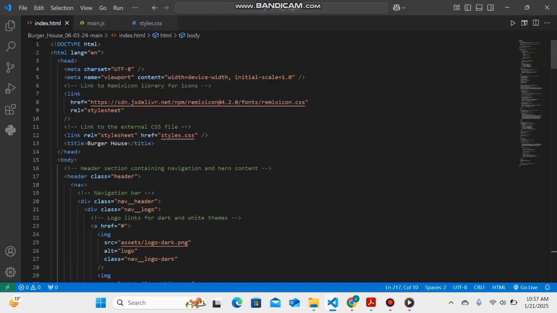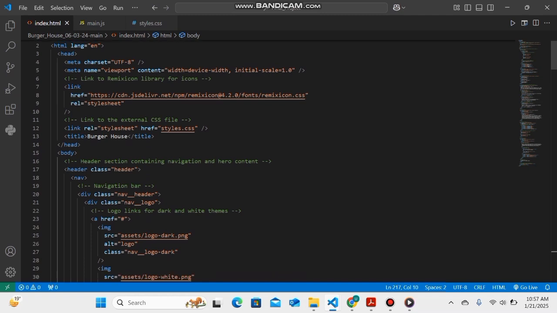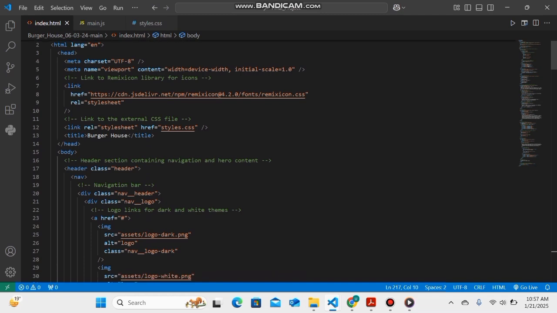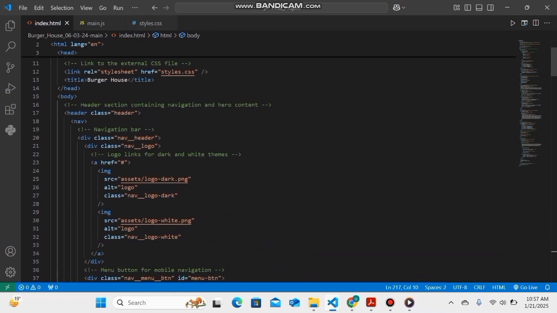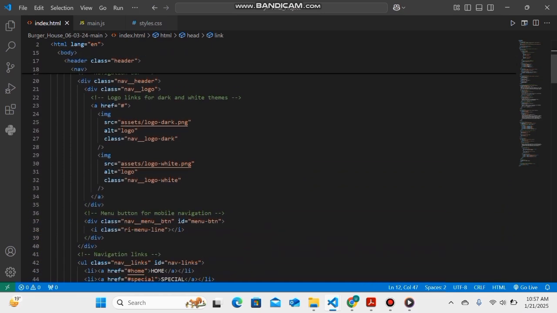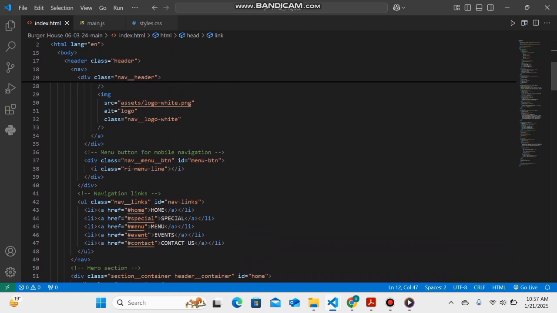So here is my final project for this course. Basically, I have created a burger shop. So this is the HTML file. I have included the Remix Icon library for icons. Then here is the link to the external CSS file. Then some HTML code in which I have created a navigation bar, some logos, a menu button,